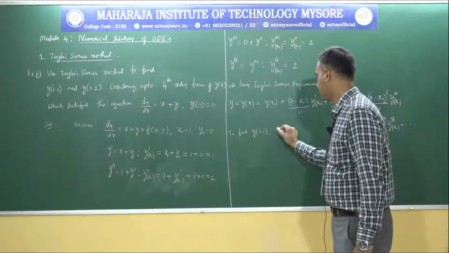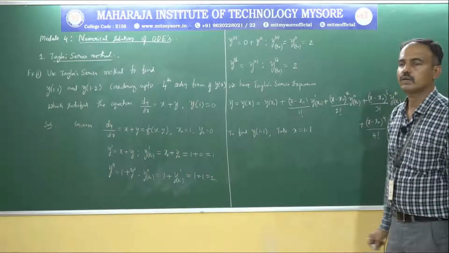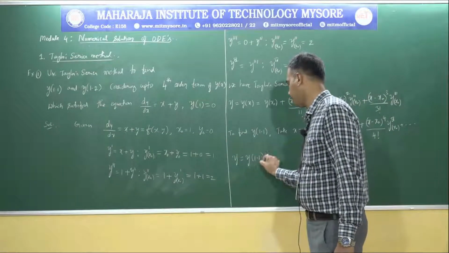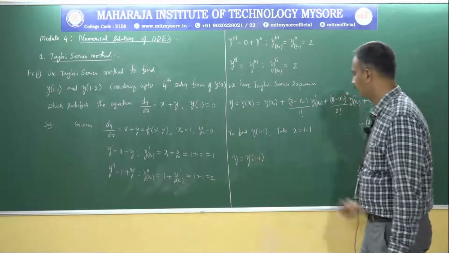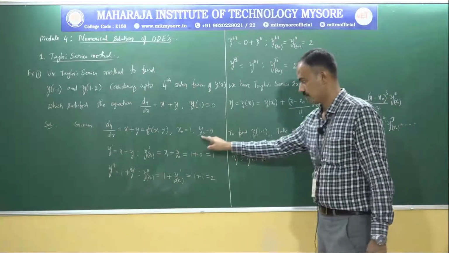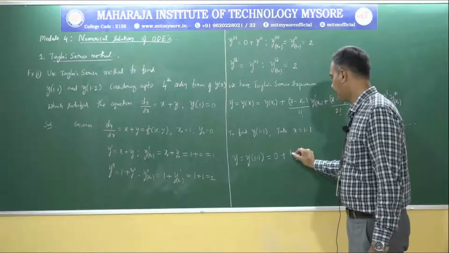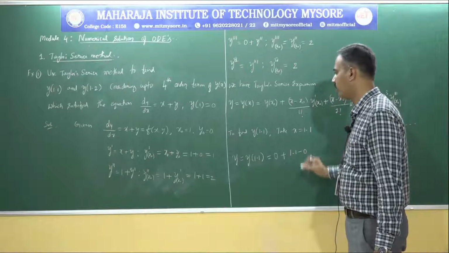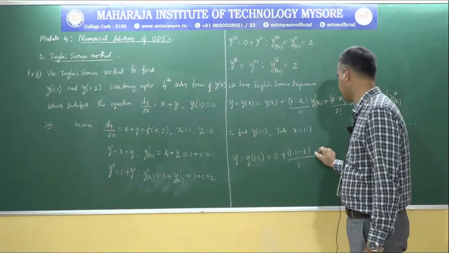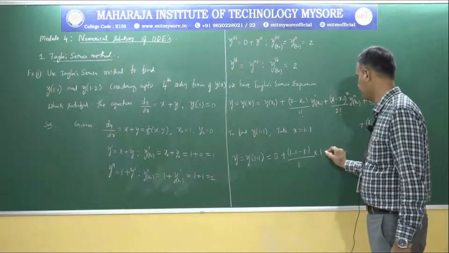Take x is equal to 1.1. Then y of 1.1, the particular point, is nothing but y of x naught, which is the y naught value, that is 0, plus x, which is 1.1 minus x naught value 1, over 1 factorial, times 1, y dash of x naught, already available as 1, plus